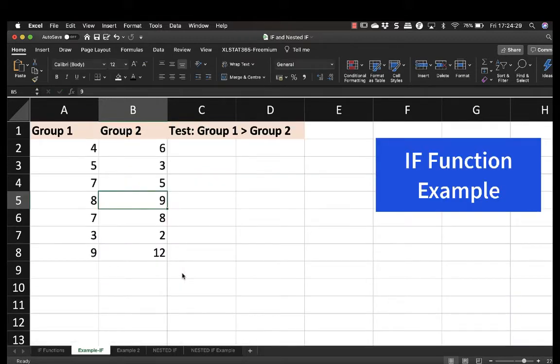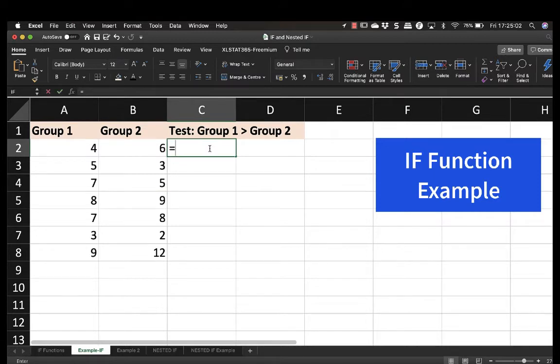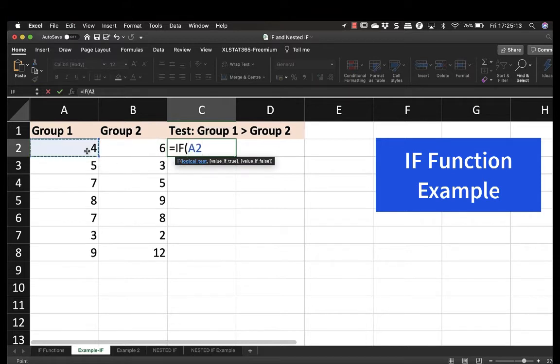Here I have a simple example of two groups having different numbers. I want to find out the numbers in group 1 that are larger than the ones in group 2 in the same rows. So I want to type yes when they are larger and no when they are not. I'll insert the if function here. I'll type equal if. What is my question? Logical test is if A2 is greater than B2, comma, inverted commas, I'll type yes. This is my answer, value if true. Or else, if it is false, I'll type no.